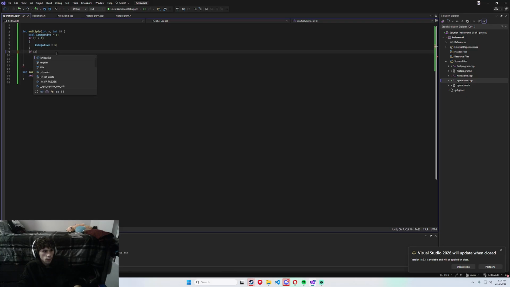So, okay, so if is negative equals 1, well, do we need a counter? I think we can actually just do this. If this is true, b times equals negative 1,